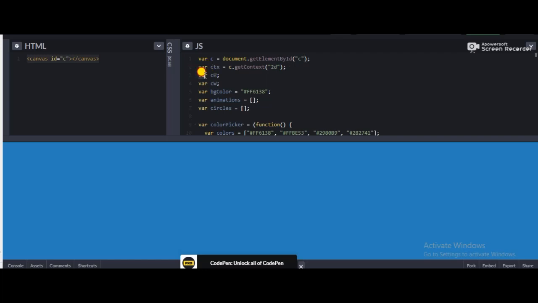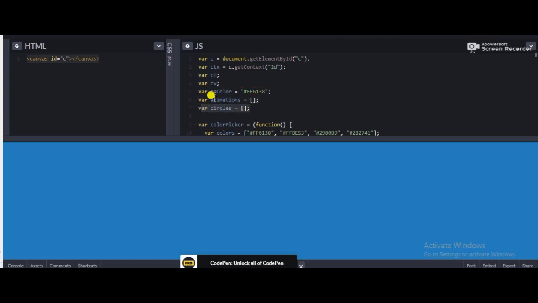And these are the simple variables of the context: height, width, and now the BG color. This is the canvas height, canvas width and background color, and the background color should be this by default. After that, this is the animations, an empty array, and in an empty array we have the circles.